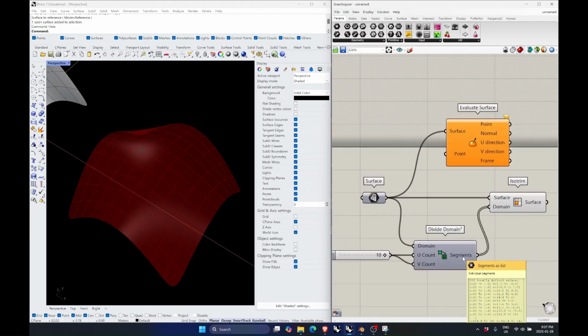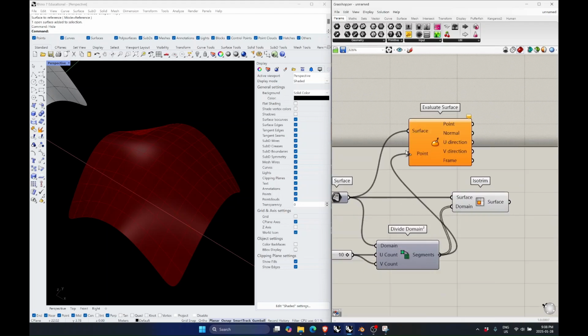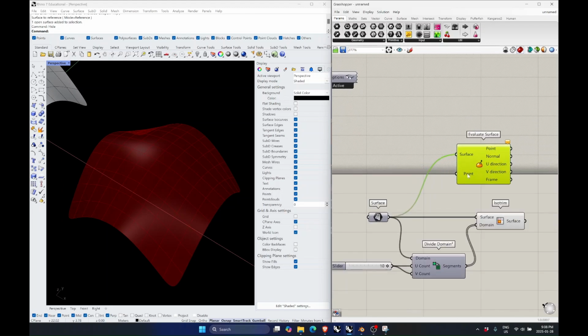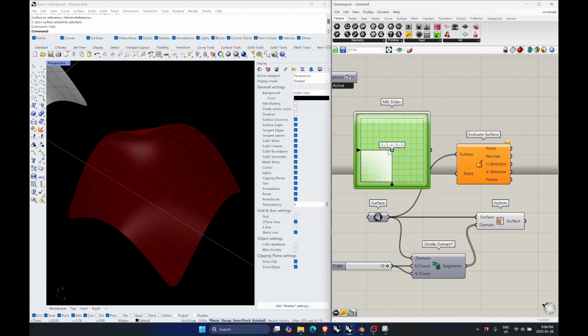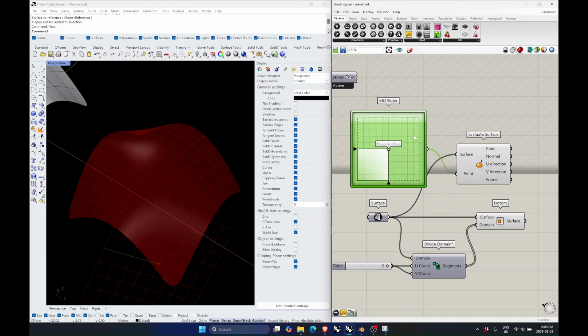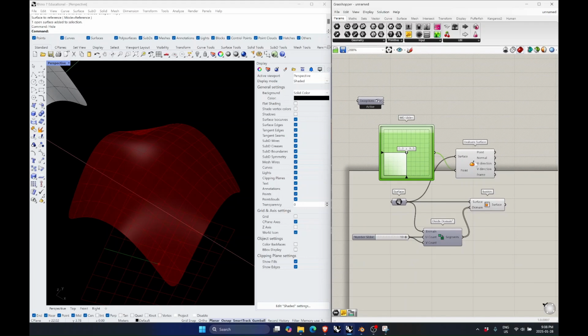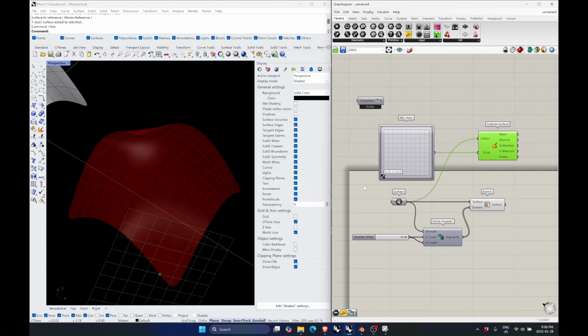So I could give it the segments that I've created. Actually, no, it doesn't work that way. Let's go ahead and give it a point. So what I'm going to use in this case is MD slider. So MD slider gives you a multi-dimensional slider. So it basically works in 2 dimensions. And in this case, it should be giving me the ability to evaluate my surface across its entire sort of